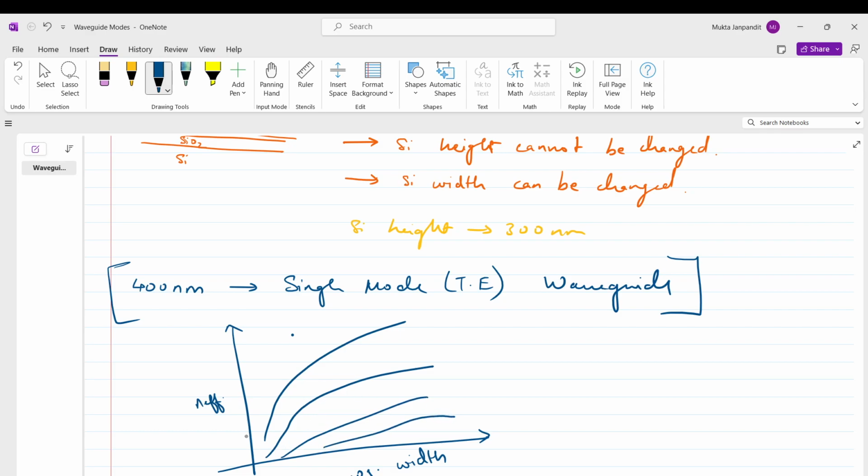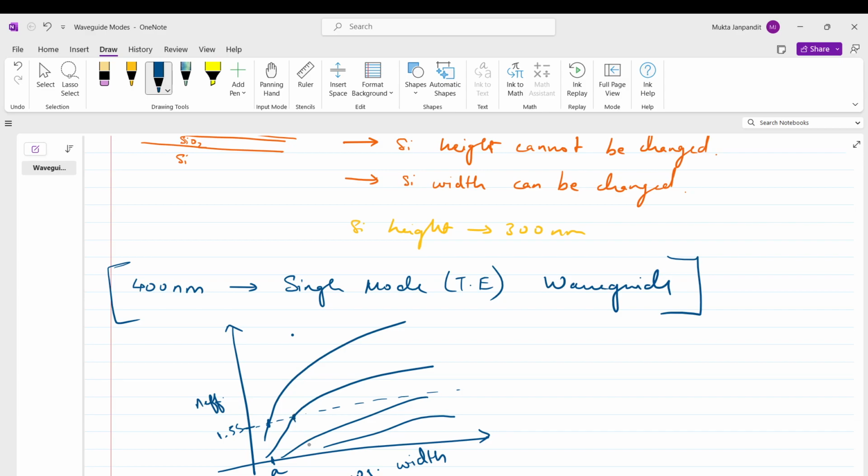So if you look at it, say my n clad is so much. So this is say 1.55. It is the cladding refractive index. So for waveguide width below this number, say this is some A waveguide width, so for waveguide width below A, we won't have any mode that is propagating in the waveguide, because all the n effectives for all the possible modes are lower than 1.55.